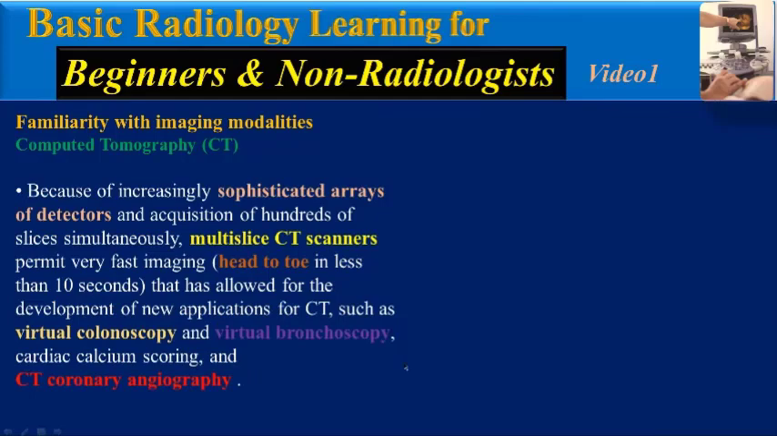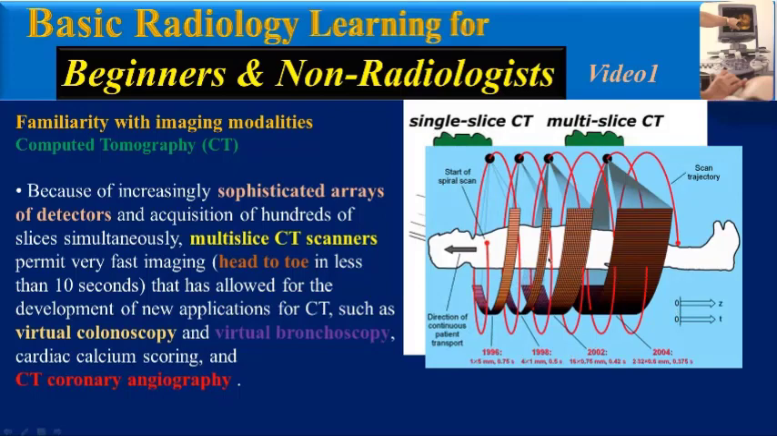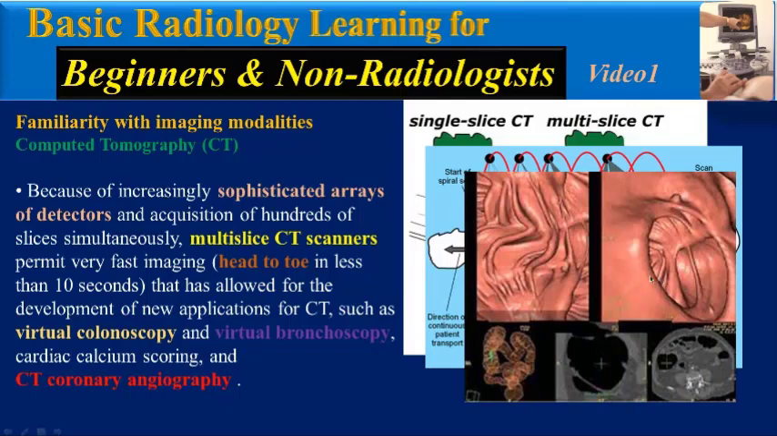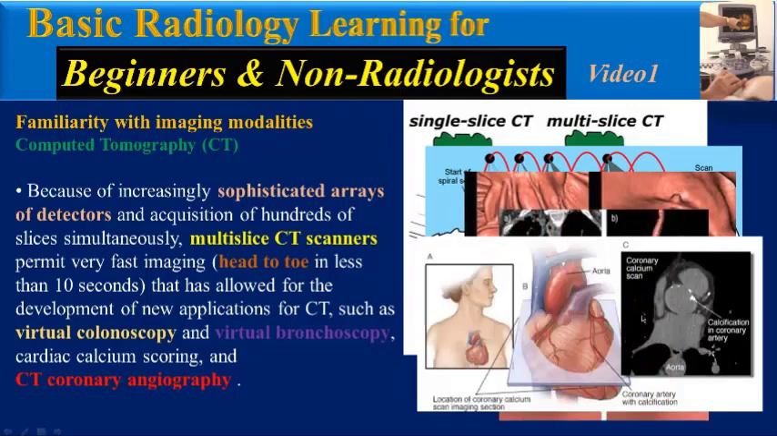Because of increasingly sophisticated arrays of detectors and acquisition of hundreds of slices simultaneously, multi-slice CT scanners permit very fast imaging, for example from head to toe in less than 10 seconds. That has allowed for development of new applications for CT such as virtual colonoscopy, virtual bronchoscopy, cardiac calcium scoring, and